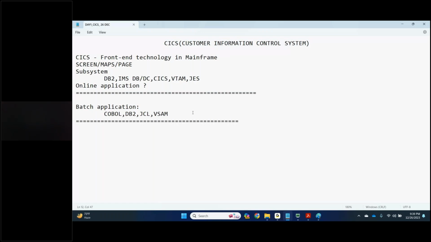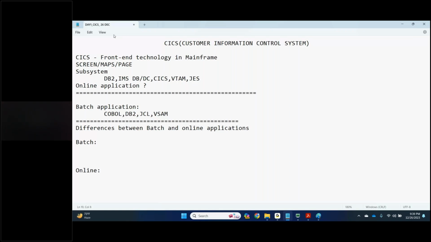So I would like to bring a few differences between batch and online application. What are the differences, team? Batch, online.